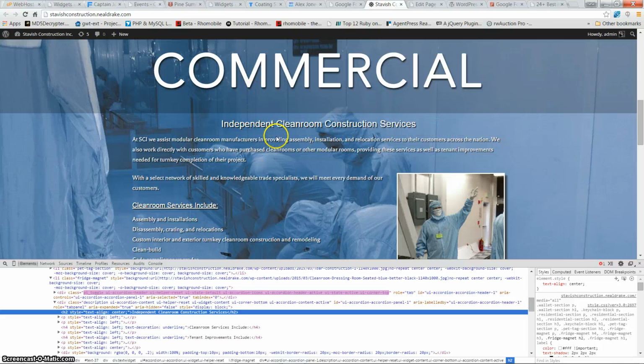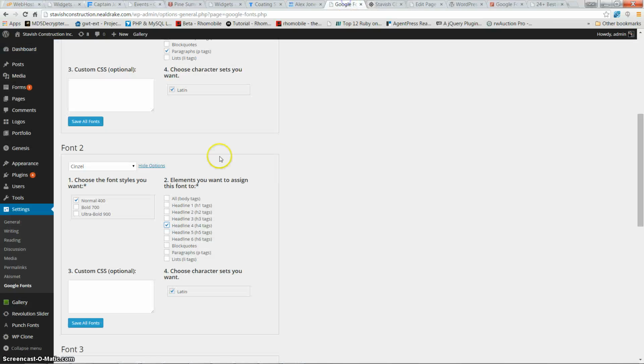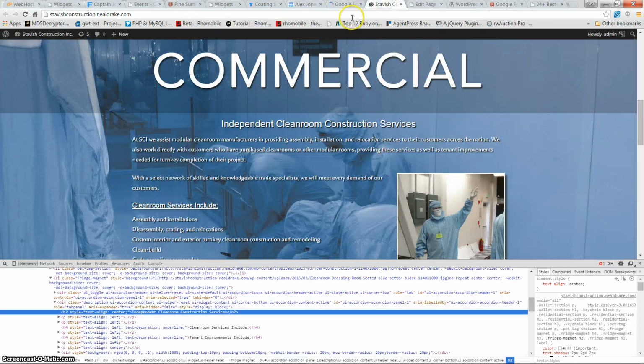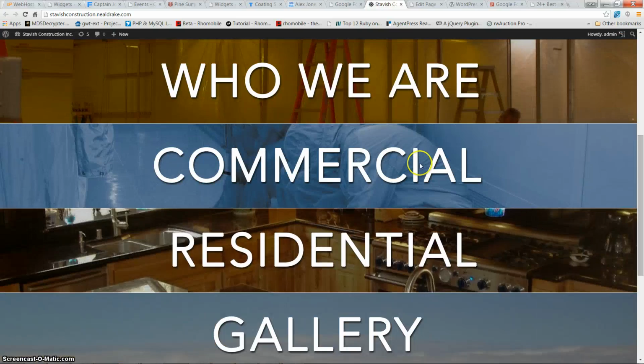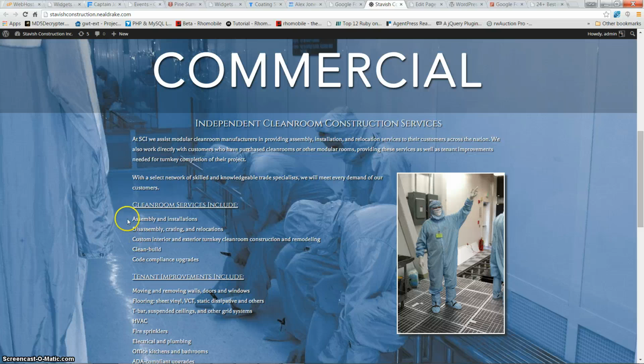That one's an H2 head tag, so I'm gonna go apply it to that as well, so it changes both of those. Save that, and then when we reload the page, let's go down the commercial, and you can see it changed that text and that text up there,